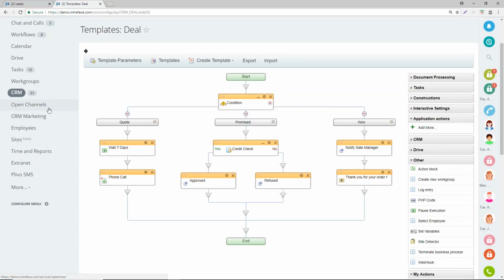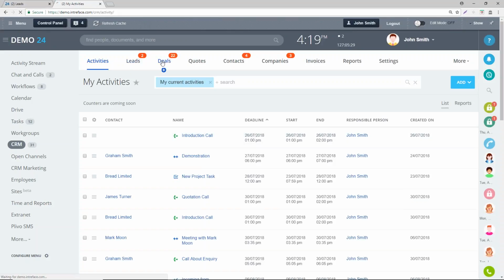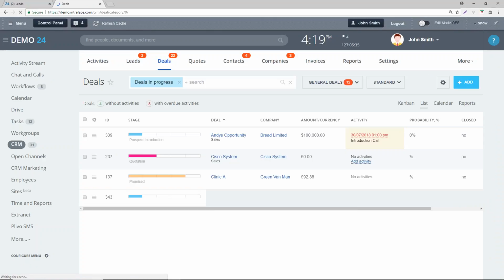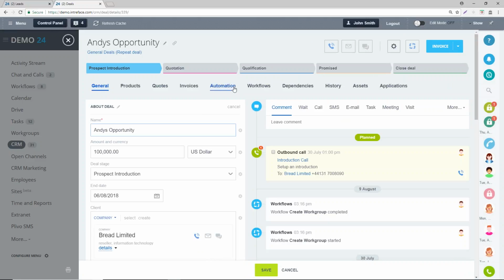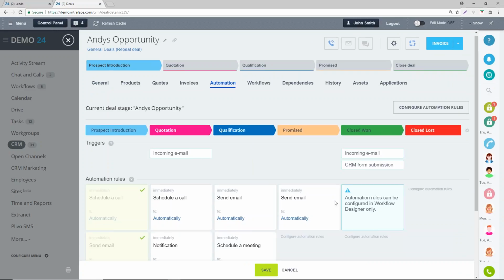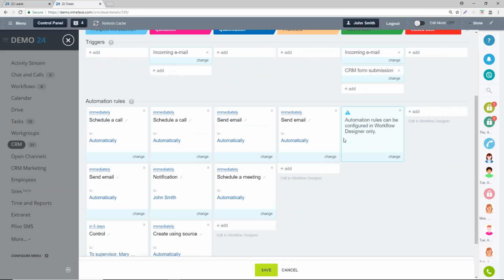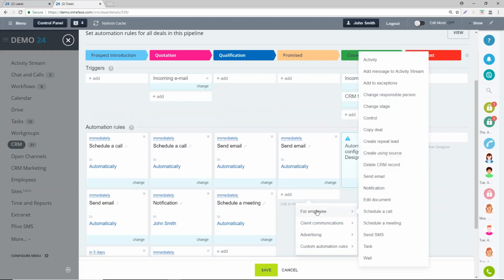Let's have a quick look, come out of here, leave this page. Let's have a quick look in deals and look at how we can do a similar thing using automation. If I open up this deal and go to the automation tab, if I scroll down, you can see that we have the same stages here on the deal: quotation, promised, won. We can add those actions in below here. If I click on edit, under the promised section, if we add something in there, we can add